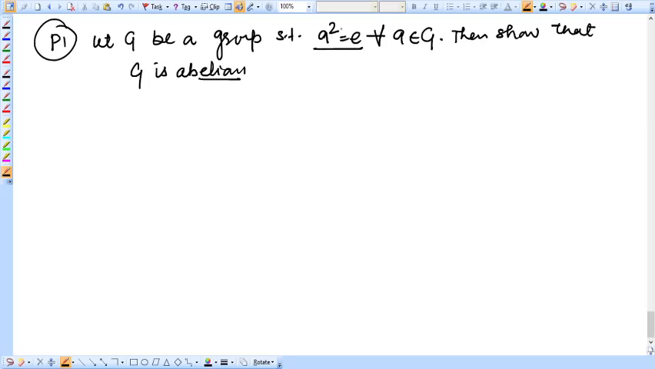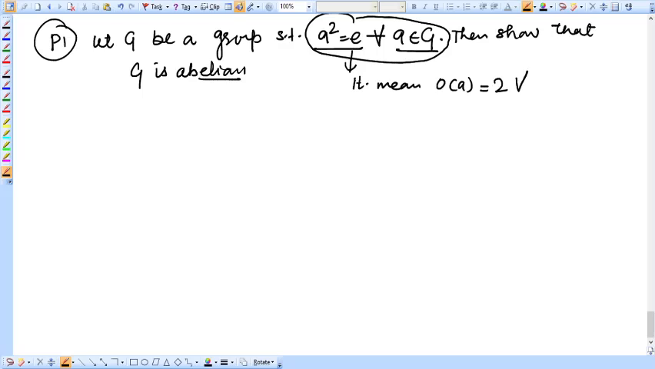Okay, so see here, if I'm saying this, A square is equal to identity for all A belonging to G, then it means order of A is equal to 2 for all A belonging to G, or we can say every element of G except identity element has order 2. Okay, so this question can be also asked in alternate form. Show that,